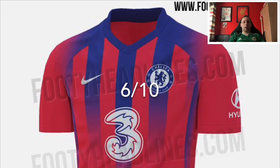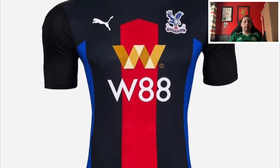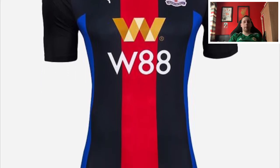So it's not good. To be fair, it's probably above average to me. Screw it, I'm going to give it a 6 out of 10. Crystal Palace have brought out really nice kits this year, I think, and the fact that they've went with that